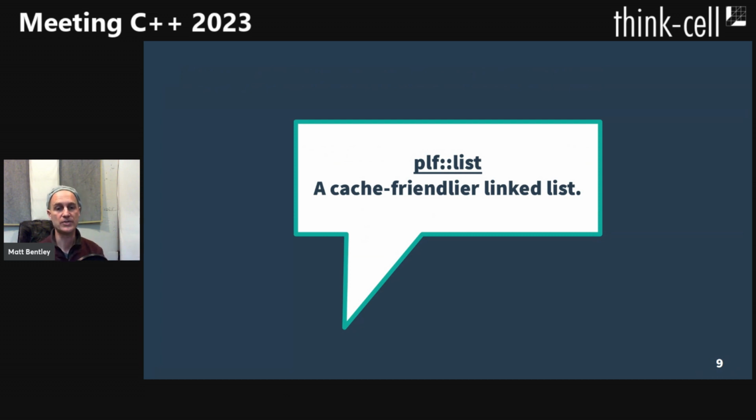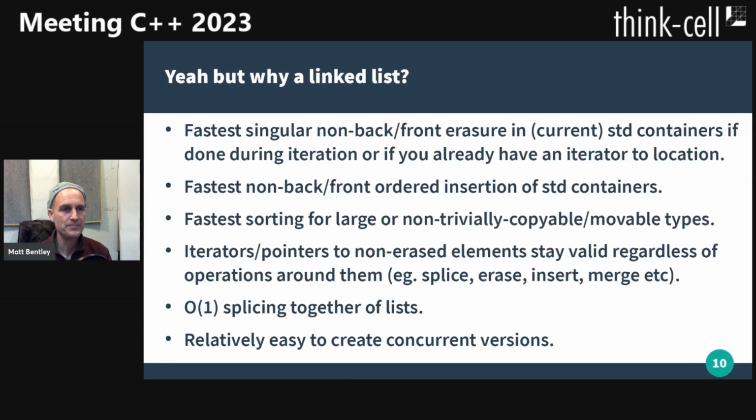Moving on to the first container of the day. This is PLF list, which is a cache-friendlier linked list. I did do a talk on this at Pacific C++ in 2017. That's on the website. If you want to know more than what I presented here, you can go to that talk. I made one or two mistakes in that talk, but it's all right. So the first thing you might ask is,